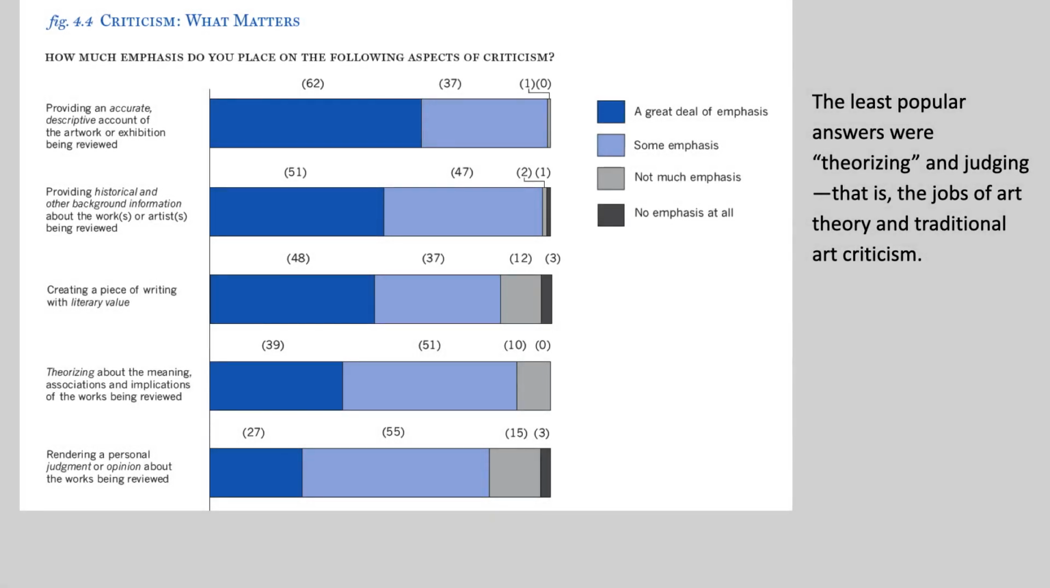And the two least popular answers, the fourth one from the top, is theorizing, and that is to say, doing art theory. And the very least popular of all of them is rendering a personal judgment or opinion. And so that one at the very bottom, which almost none of the people are really interested in, none of them as a primary goal, is